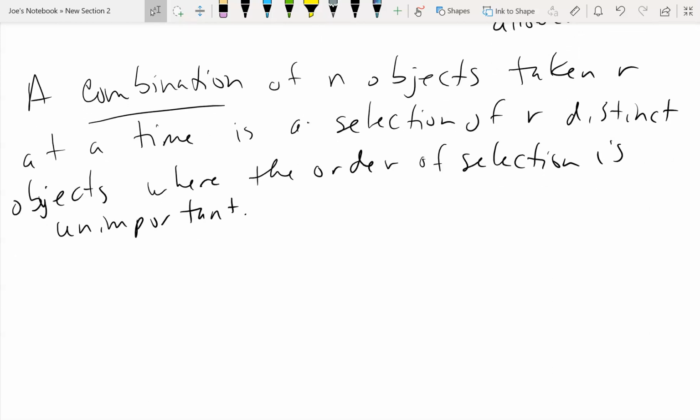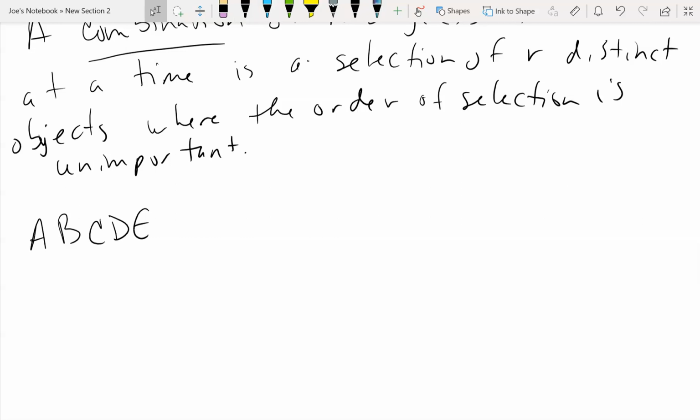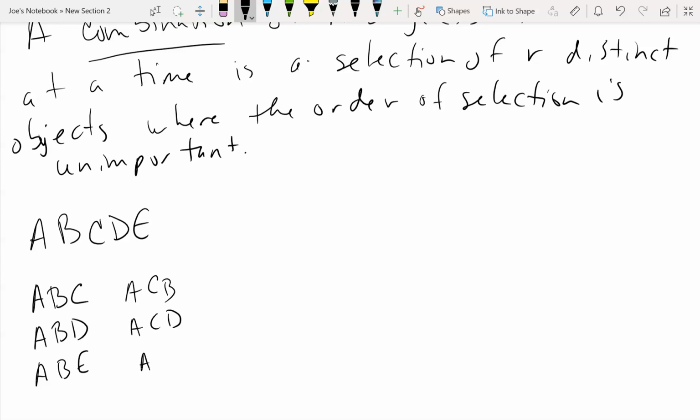So let's say that I make up this is the set of things that I'm going to choose from, A, B, C, D, E. I'm going to choose 3 of them. Okay? Out of the 5, I'm going to choose 3 distinct. Okay? So when we do that, if I choose 3, I would have ABC as a possibility, ABD is a possibility, ABE is a possibility, right? We agree with that? Okay. Then we would also have ACB, ACD, ACE, right? ADB, ADC, ADE, and then AEB,